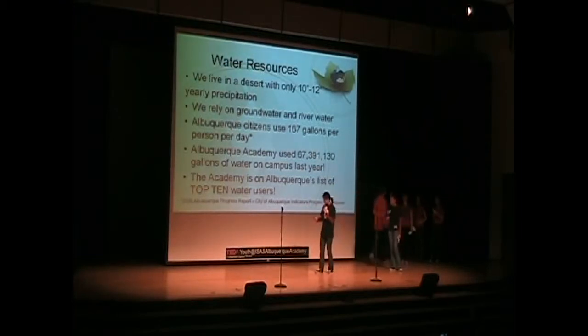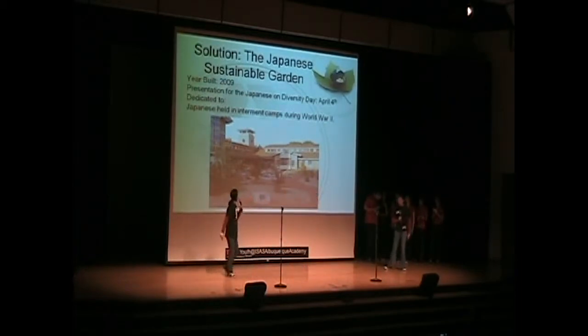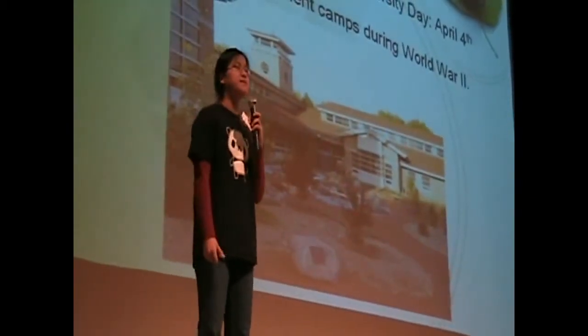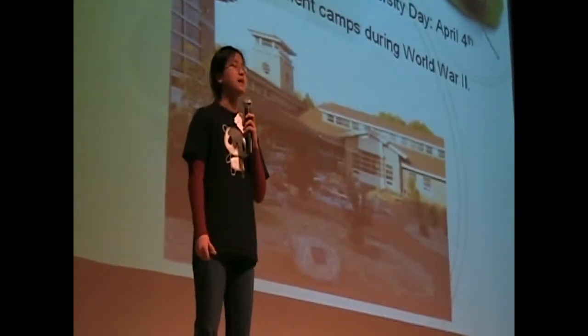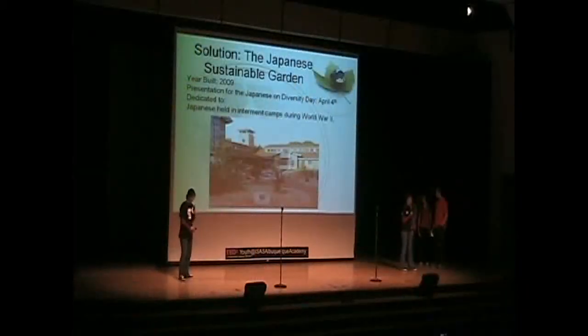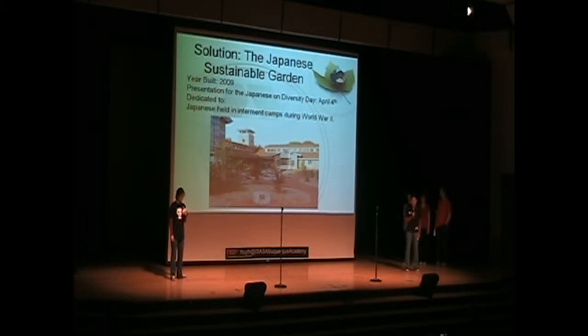One of the major sustainability projects that we have here at the Albuquerque Academy campus is the Japanese Garden. We started construction of this garden last year and it was led by Mrs. Rhonda Spidell of our science department. This garden was dedicated to all the Japanese Americans that lived in internment camps during World War II. We had a dedication ceremony on April 4th, 2009, in which some guest Japanese internment people came